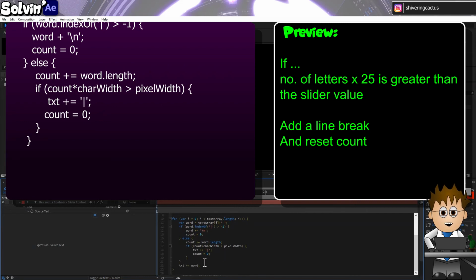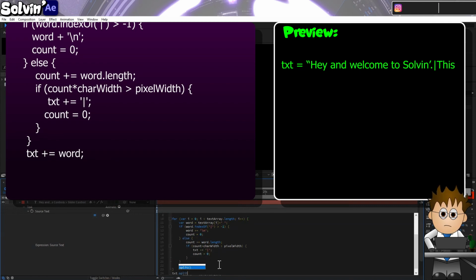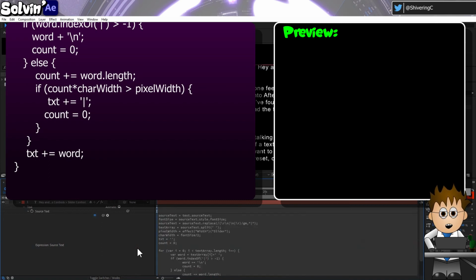Everything probably seems a bit backwards now, but that's because I've put the exceptions in above the main setting. Make sure you have 2 lots of close curly brackets, then txt += word. So, ignoring the 2 if statements, we are back at our iterative for statement. Run through every word in the array that we made and add them to the variable txt. The if statements have been the way we can add new lines, breaking at the width we set. Another closed curly bracket, and the final line,